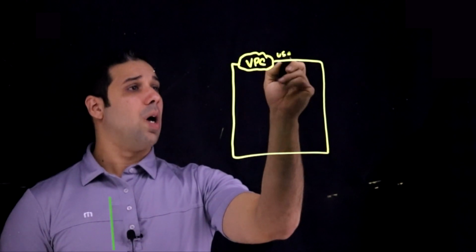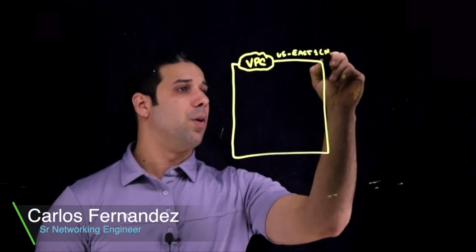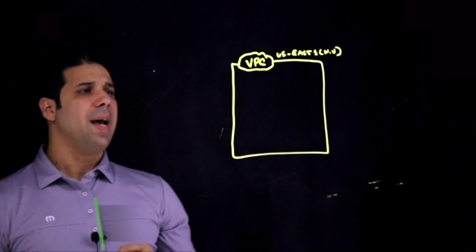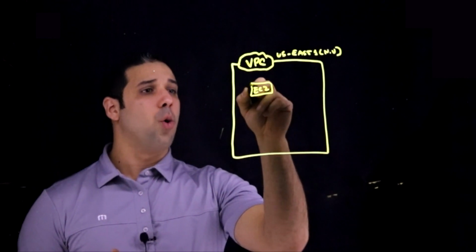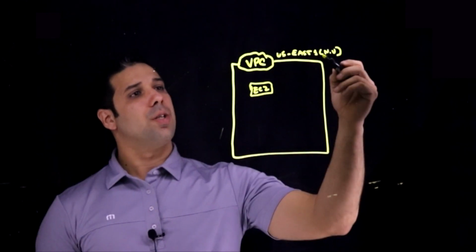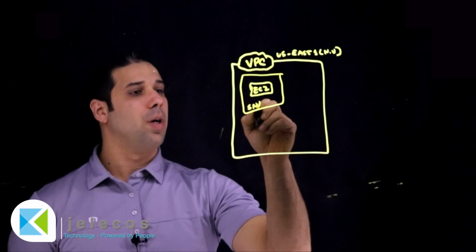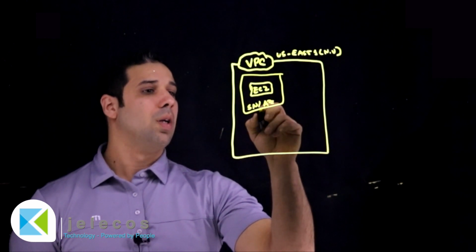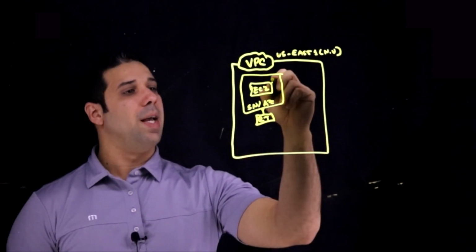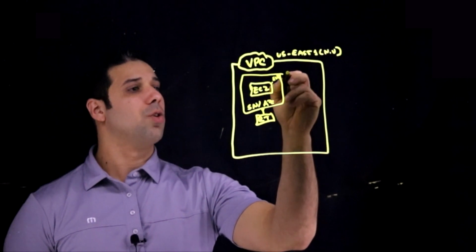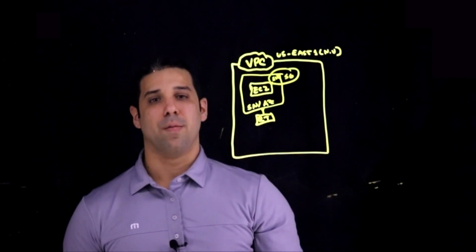And for this example, I will put US East 1. This is actually in Northern Virginia. So now, in order to launch an EC2 instance, we are required to define a region, a VPC, a subnet that usually comes with an availability zone and should be associated with a routing table. And for the ENI, we are also required to define a security group for allowing and denying traffic coming from